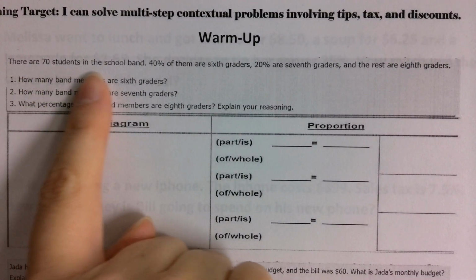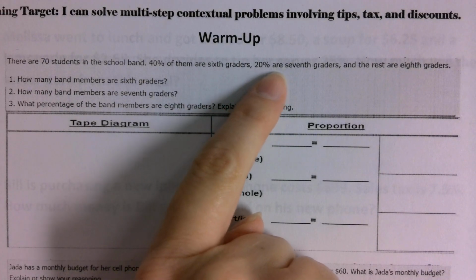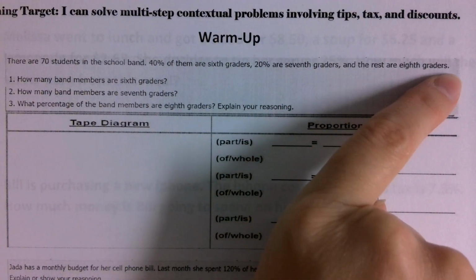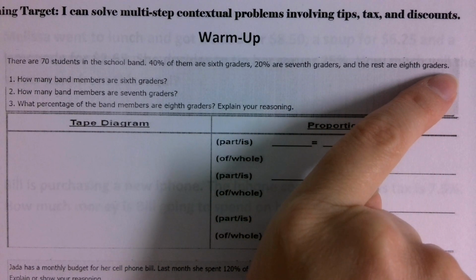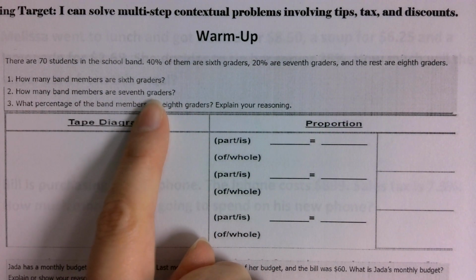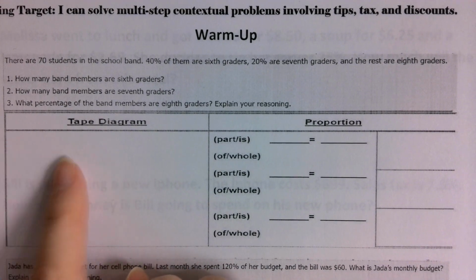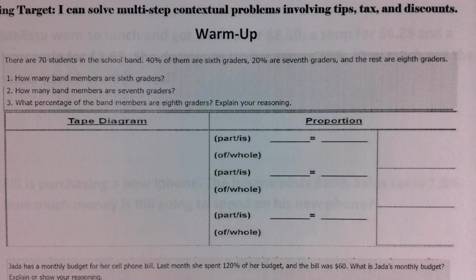Here, there are 70 students in the school band. 40% of them are 6th graders, 20% are 7th graders, and the rest are going to be 8th graders. So we want to know how many are 6th grade, how many band members are 7th grade, and then what percentage of the band is going to be in 8th grade. So if we were to set up a tape diagram to utilize,